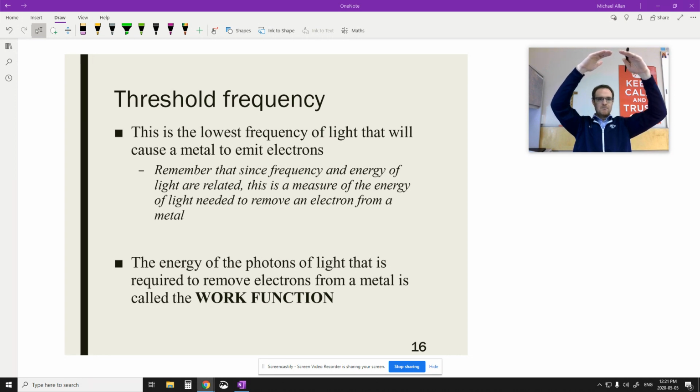Like red light at the top there may not get them out, but maybe a green light will be able to pop them out, because there's still an amount of energy needed to pop those electrons out of those atoms. The deeper they are, they'll require a little bit more energy to get out. Remember, it's one photon to get out. So even if I can pop one out up here, one down here with the same photon won't be able to pop out, because there's too big of a change or too big of an energy gap here. So it'd require a little bit higher frequency, higher energy to pop them out, but one photon for every